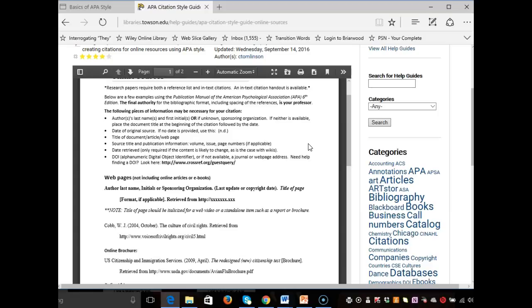So we would like to be able to go back and match that up and be able to see how and when the resource changed and when it was updated. And then finally, the DOI, and this is the alphanumeric digital object identifier. And if this is not available, a journal or web page address. And if you need help finding a DOI, there's a great link here for you to click on so that